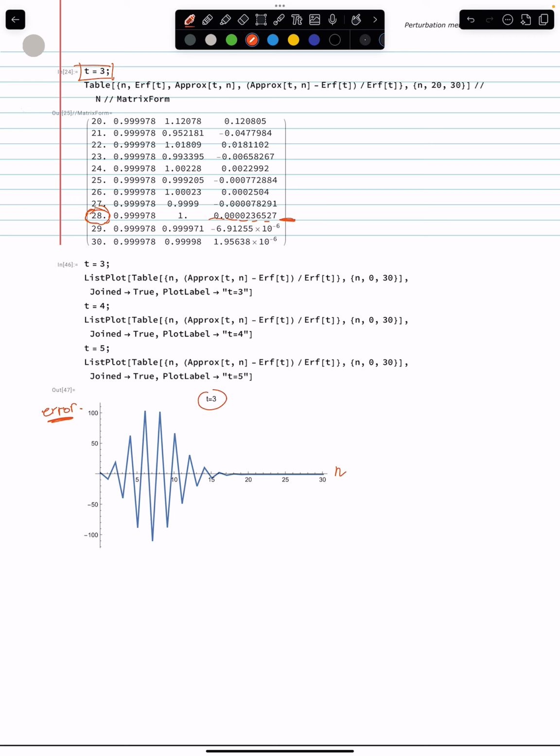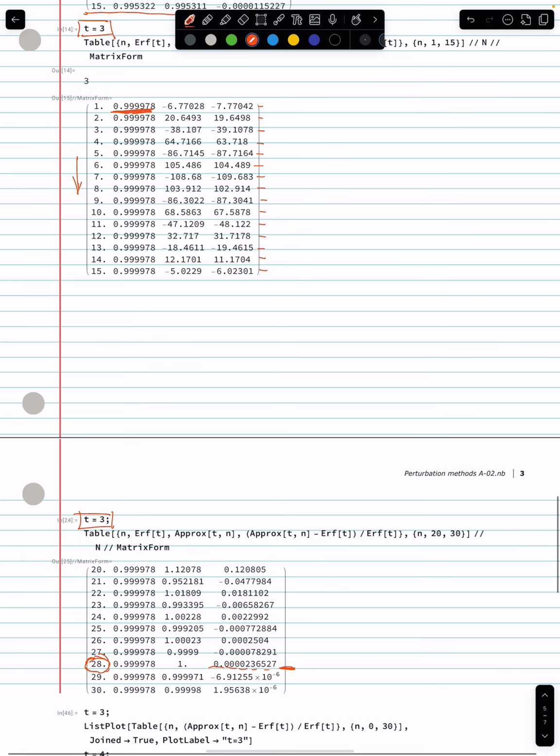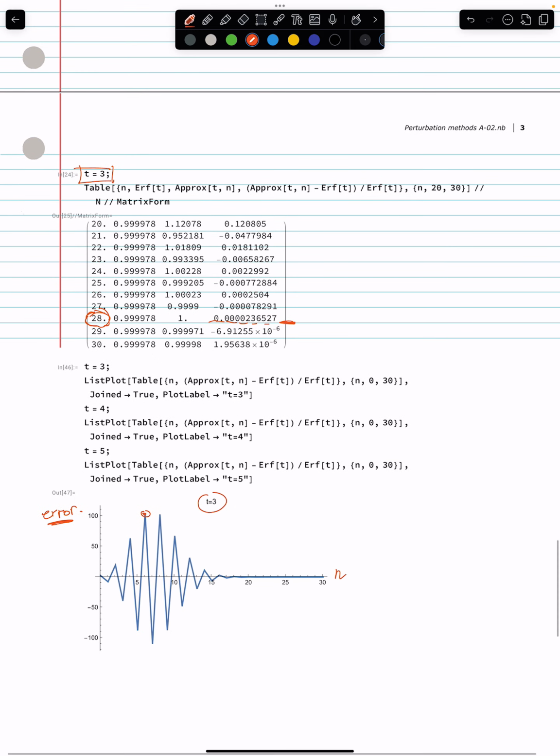So this is a factor of 100 on the estimation that you could have on the value of the integral, right? This is what we have over here, minus 109 and plus 102. And so momentarily, during the iterations, there's a phase where you add and subtract things